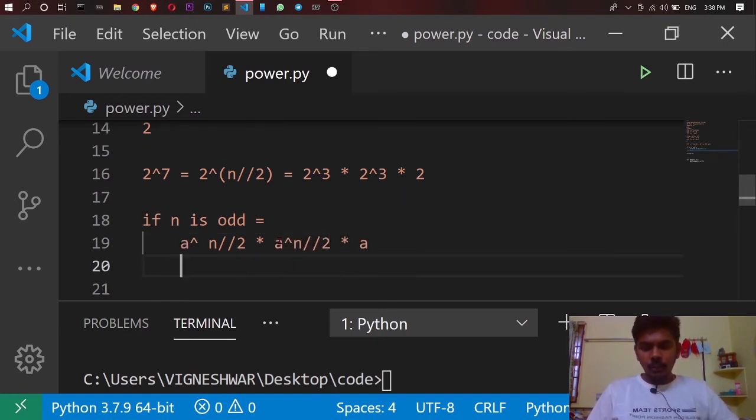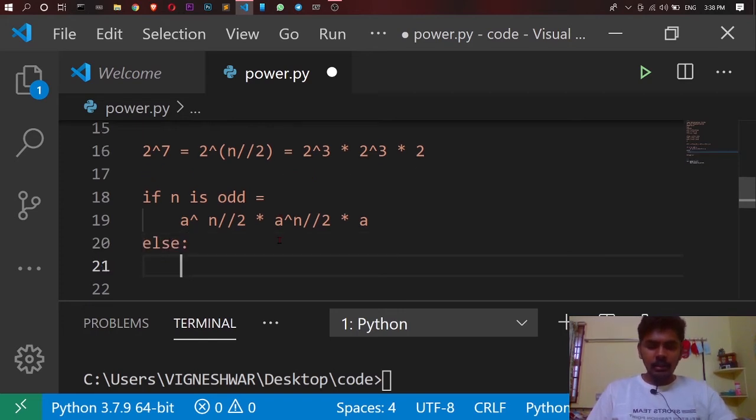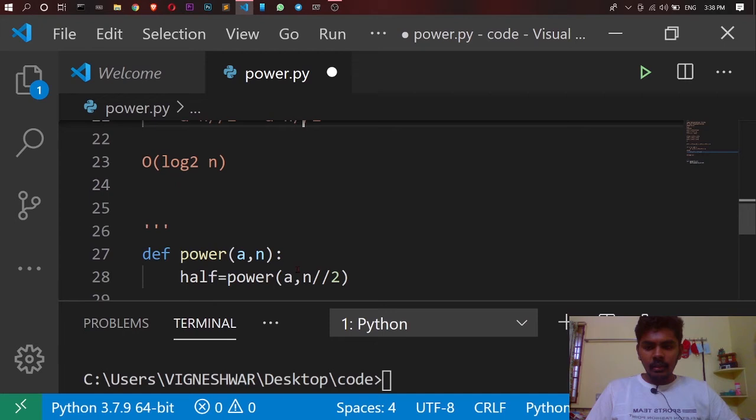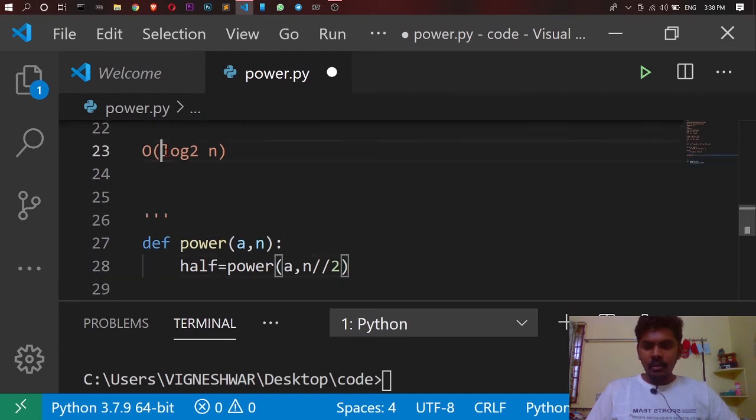That will give you the odd case. In else, that is if it is even, we can just return a power n by 2 into a power n by 2. By doing that, you can get the power in just log n to the base 2 time.